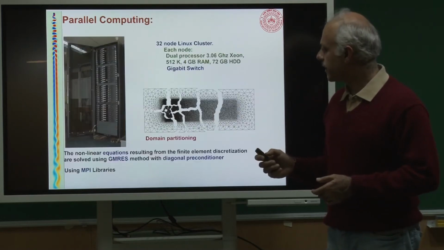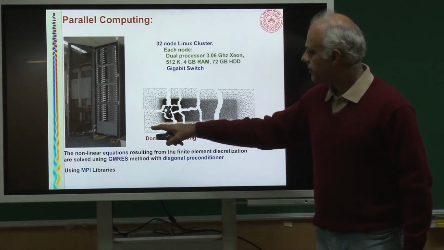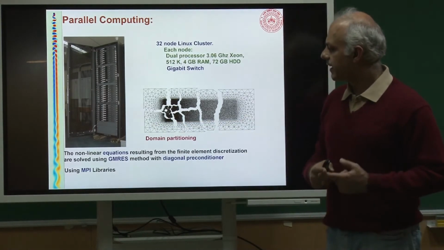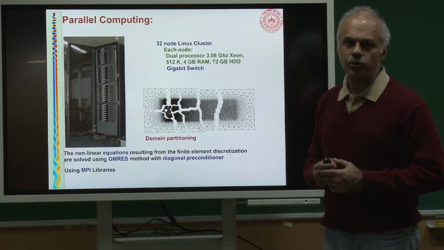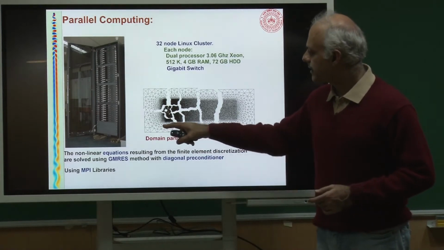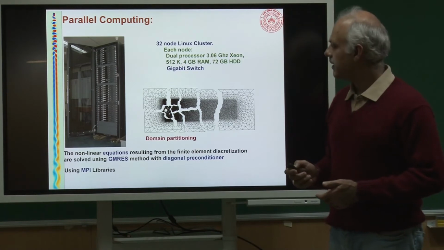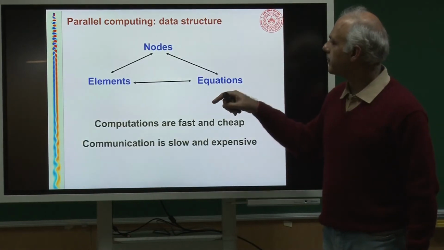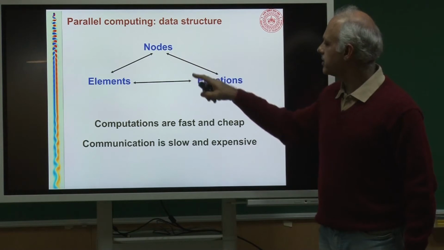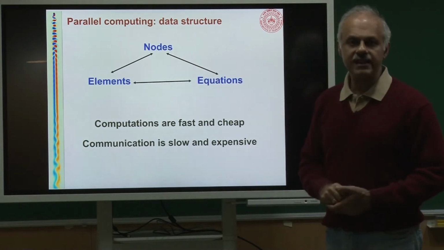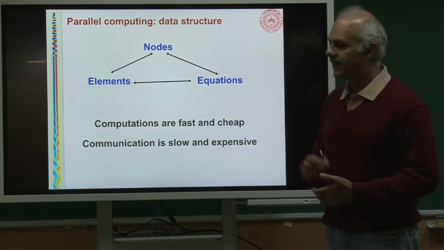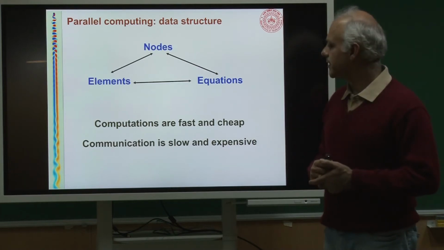So, if you look at this mesh, these points where these edges intersect, those are called nodes, and as you can imagine, each one of these little regions is called an element. So, we store data at nodes, at elements, and at the equation level, and then we kind of go back and forth between these data structures.